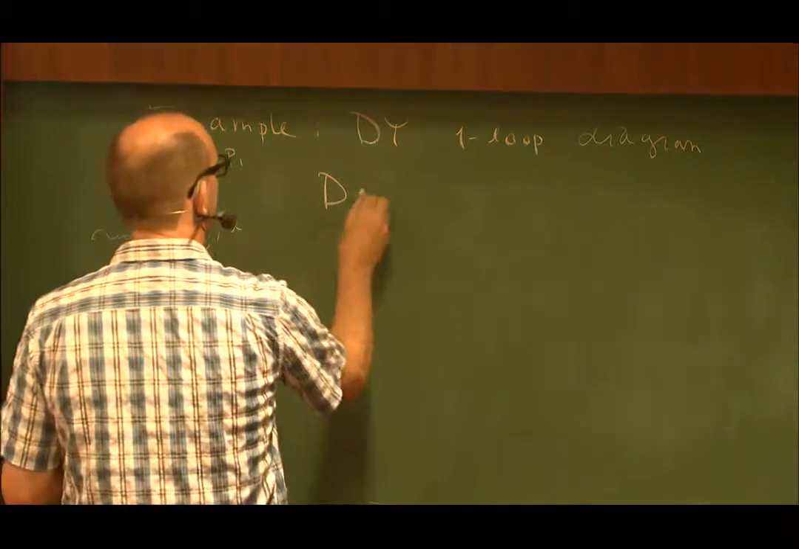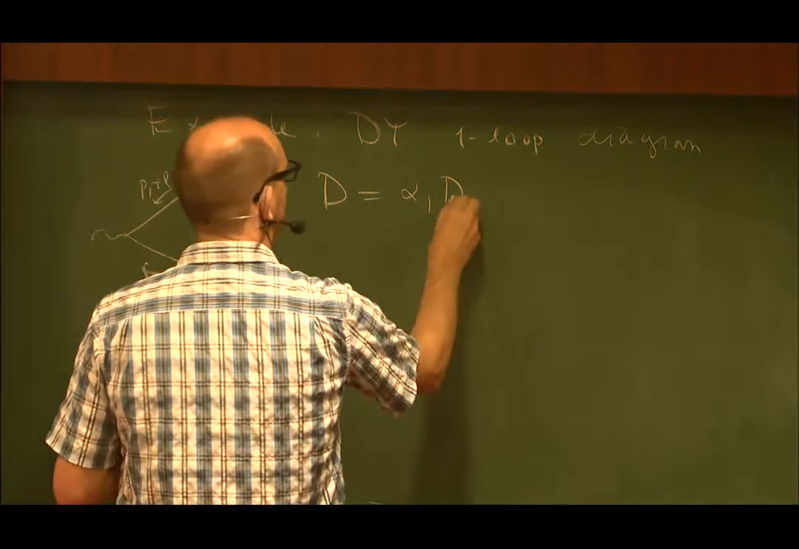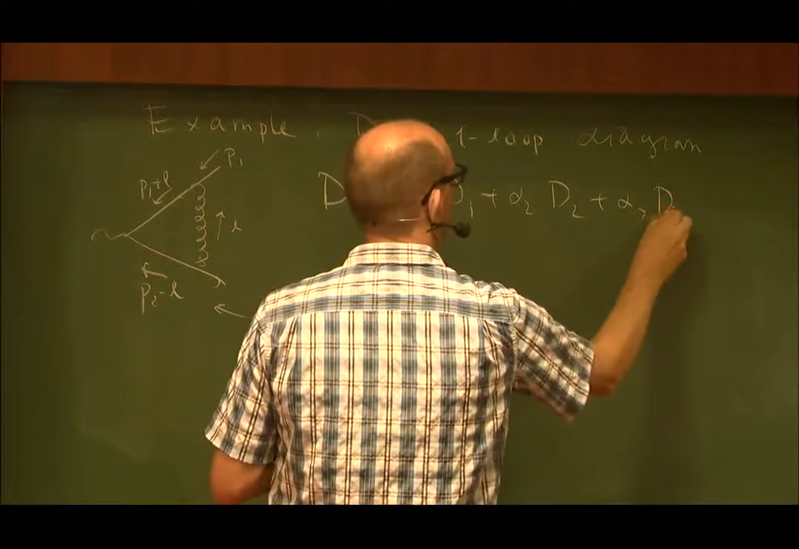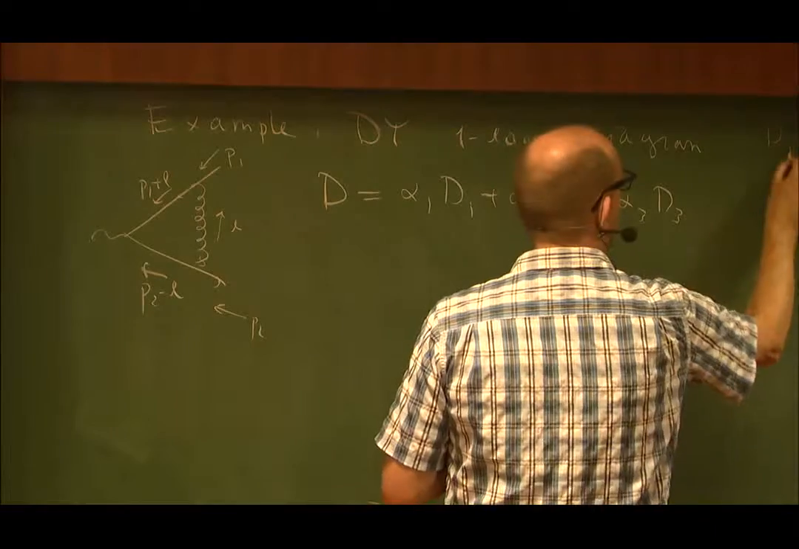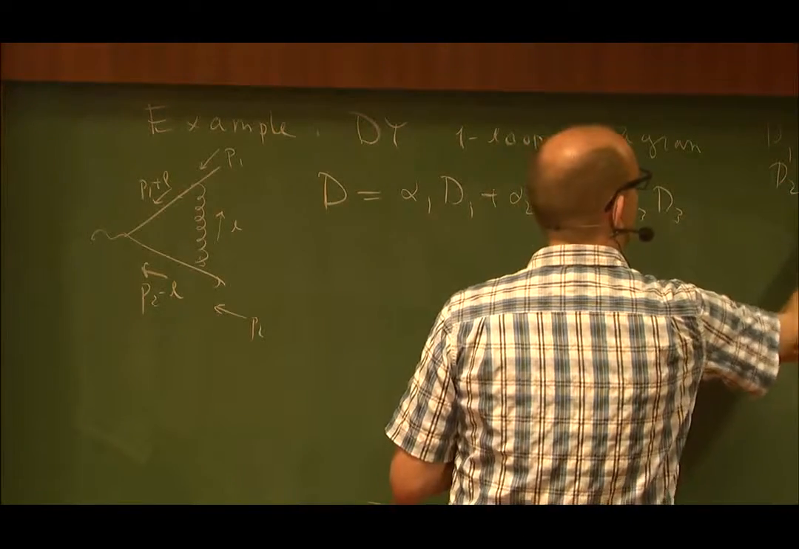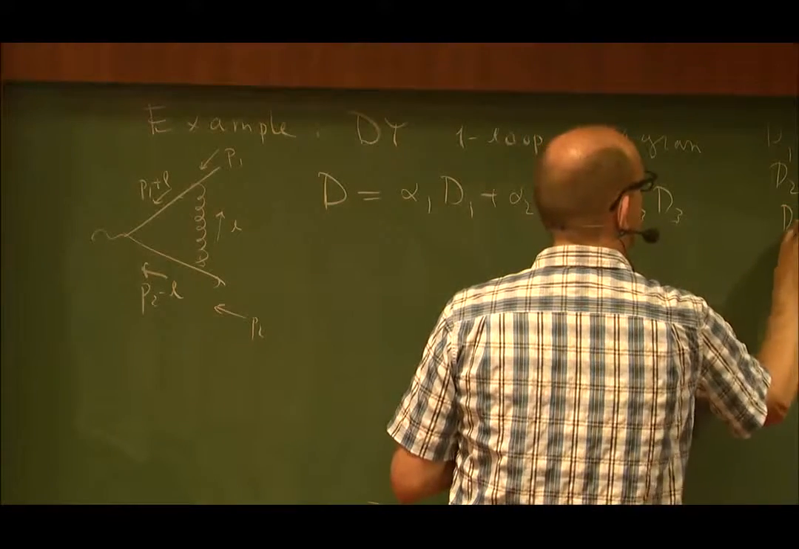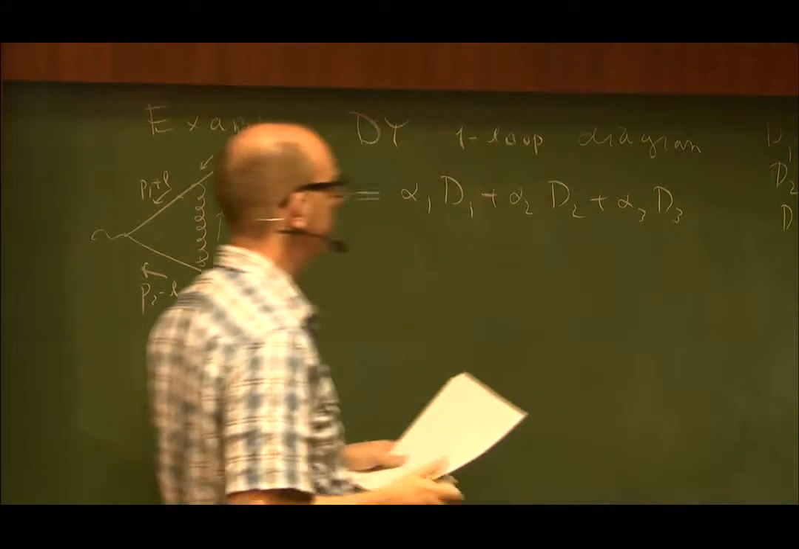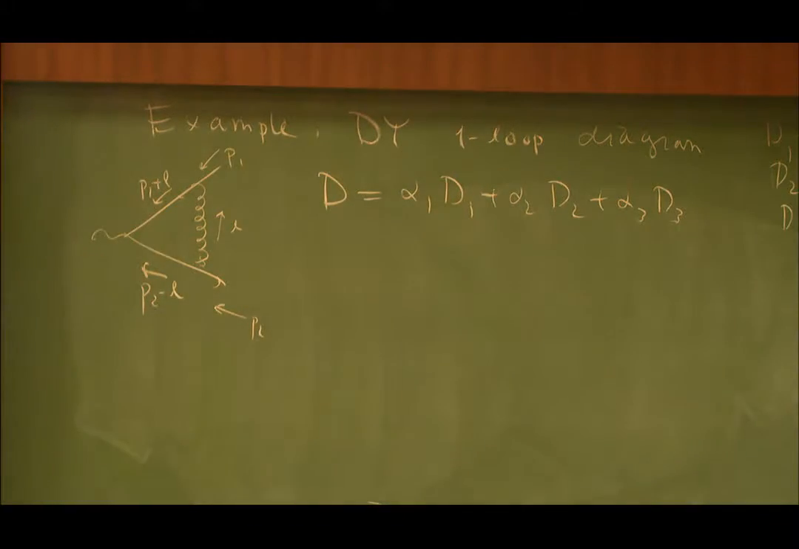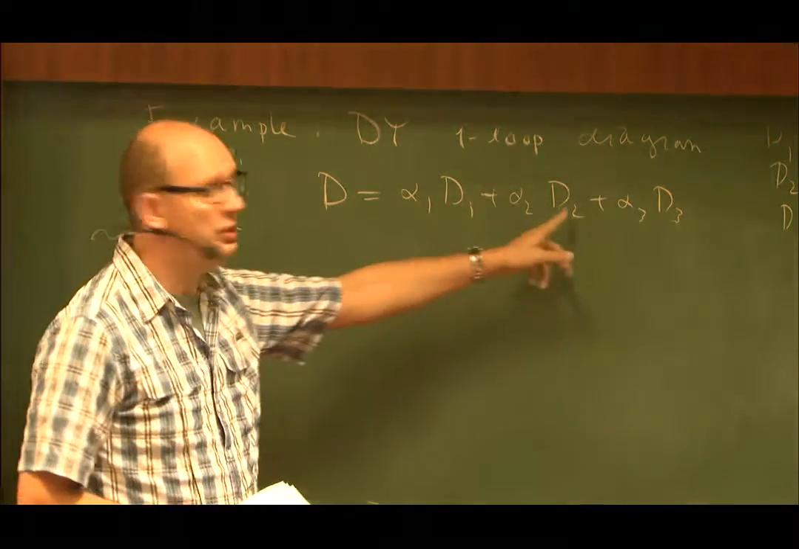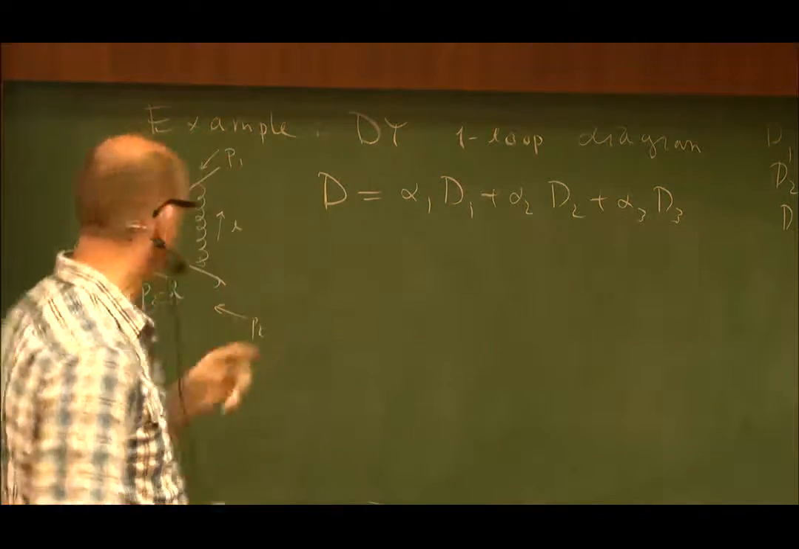So big D, I would write as alpha 1 D1 plus alpha 2 D2 plus alpha 3 D3, where D1 is L squared, D2 is (P1 plus L) squared, and D3 is (P2 minus L) squared. Right? So let's see what the Landau equations tell. Well, either the alpha is 0 or the D's are 0. But let's also look at the